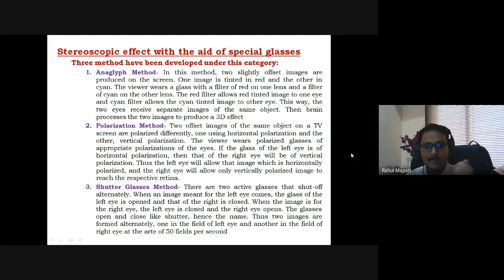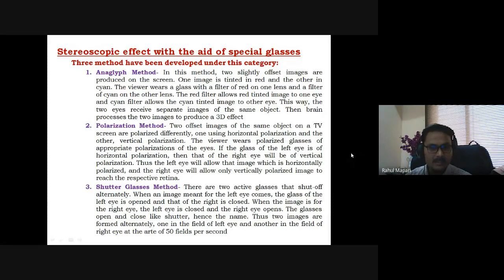In this way, the same object has two images, one vertically polarized and the other horizontally polarized. The brain processes these two images to produce a 3D effect, and that is called the polarized method.